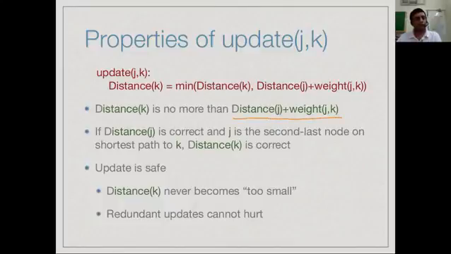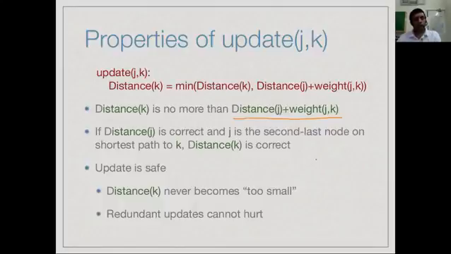Because if it was already less, we keep it that way because we found it through a previous j prime, or we have found it now, in which case we have updated it in this update operation. This also means, because of our previous observation about shortest paths, that if distance j is actually correct, and the shortest path now consists of just adding this edge, then the distance to k will be correctly computed. We are not claiming it is, but if it is the shortest path, it will be.